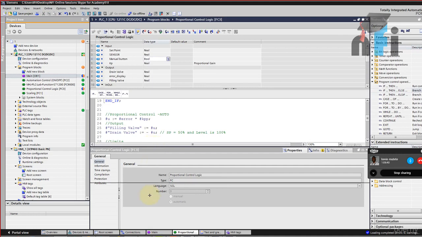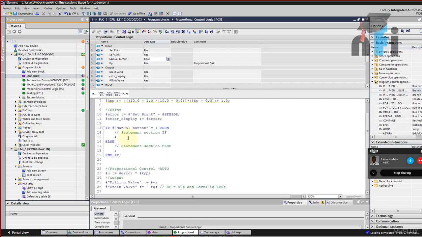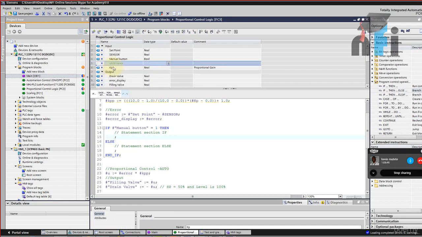So if input is on, we have to define 2 more inputs. So in the input, I will write for filling manual, and also